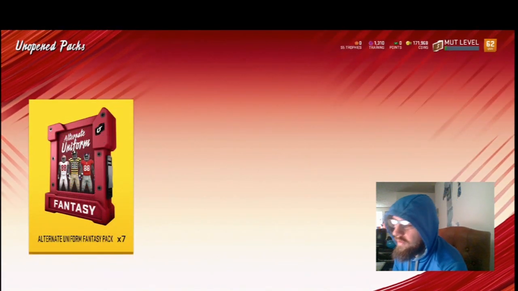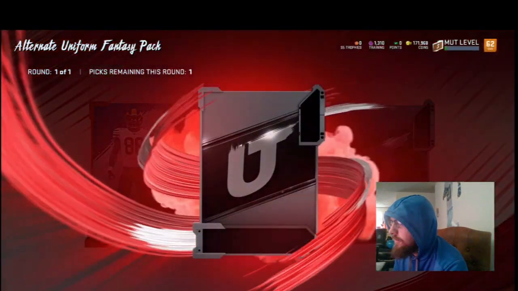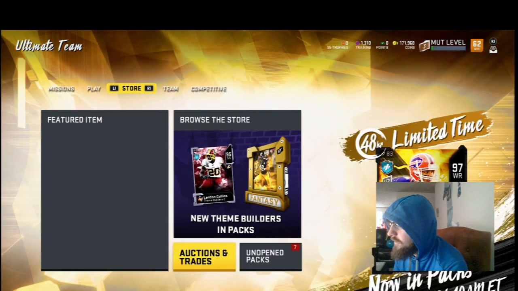So I've done 3 of them so far. They seem to be going for decent prices. We'll see if they actually sell for the prices, but I just want to show you how I do it. So I open the pack. I go through. So we got Bears, Chiefs, Bengals, and then I'll go to the auction house,